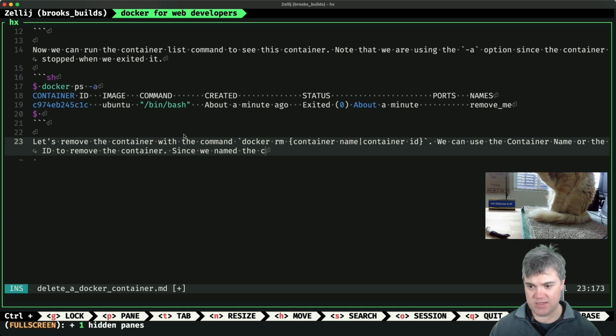Since we named the container something easy to remember and type,